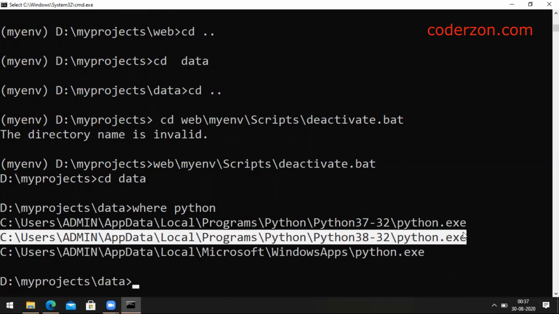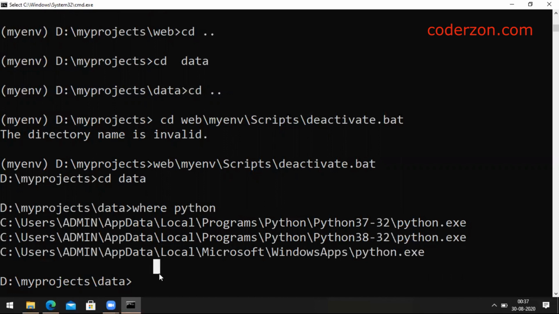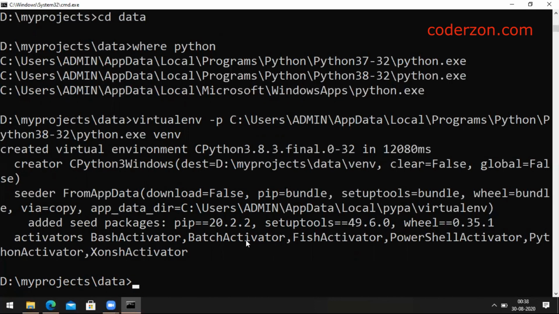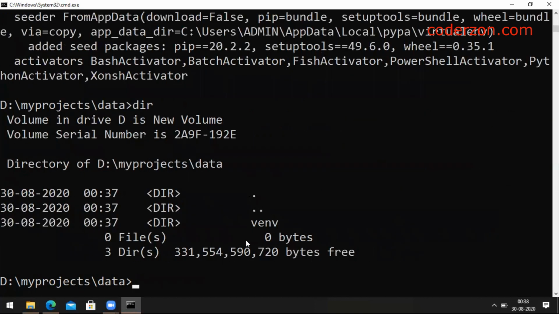I'm going to use this particular Python for creating the virtual env. So we can use virtualenv -p, right click to paste, space. Here I'm providing venv, any folder name you like. So if I type dir here, we got the venv folder.